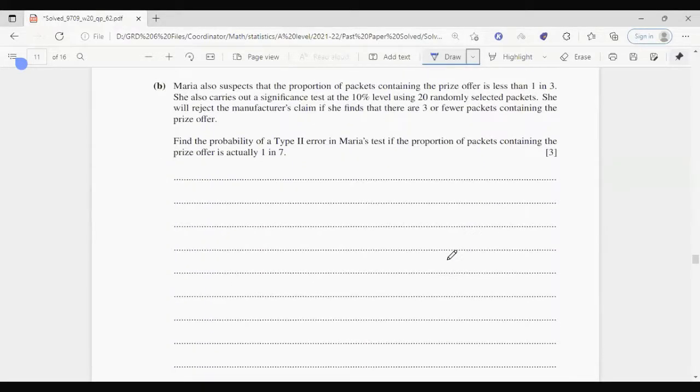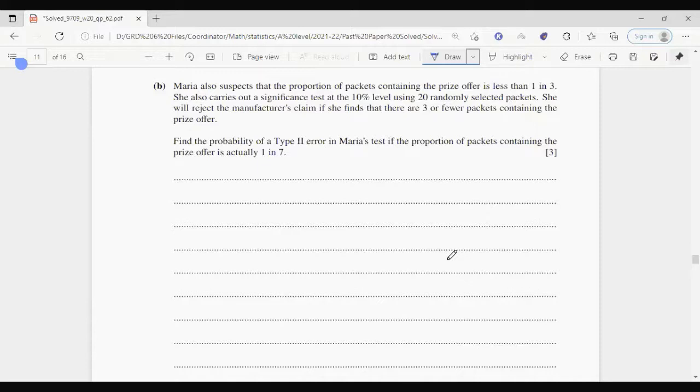Moving on to B. Maria suspects that the proportion of packets containing the prize is less than 1 in 3. She also carries out a significance test at 10% level using 20 randomly selected packets. She will reject the manufacturer's claim if she finds that there are 3 or fewer packets containing the prize offer. Find the probability of type 2 error in Maria's test if the proportion of packets containing the prize offer is